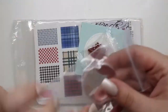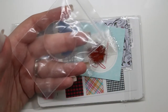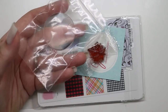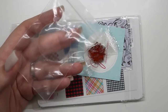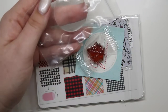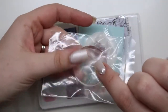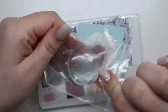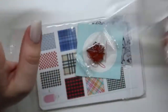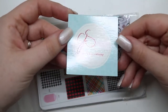So I got a replacement head for the big bling because when I first got this bad boy, wherever he is, let's see, is he in here? No, he's up here somewhere. He's here, I don't know where I put him. I was using alcohol to clean it, or like remover, and it got cloudy. So I have one good one, and now a new one, which I'm real happy about because I love these guys so much. So I always wanted a clean one. I'm assuming that's a hard candy. And then again from Clear Jelly Stamper,